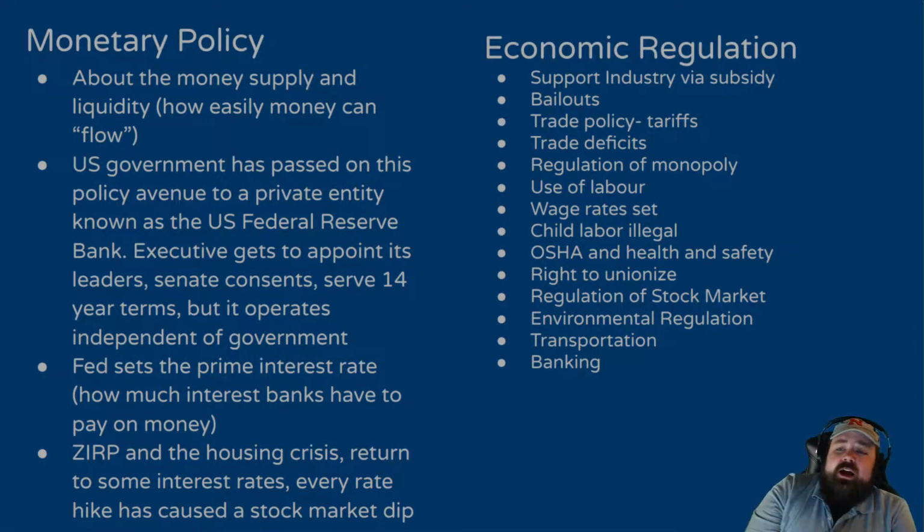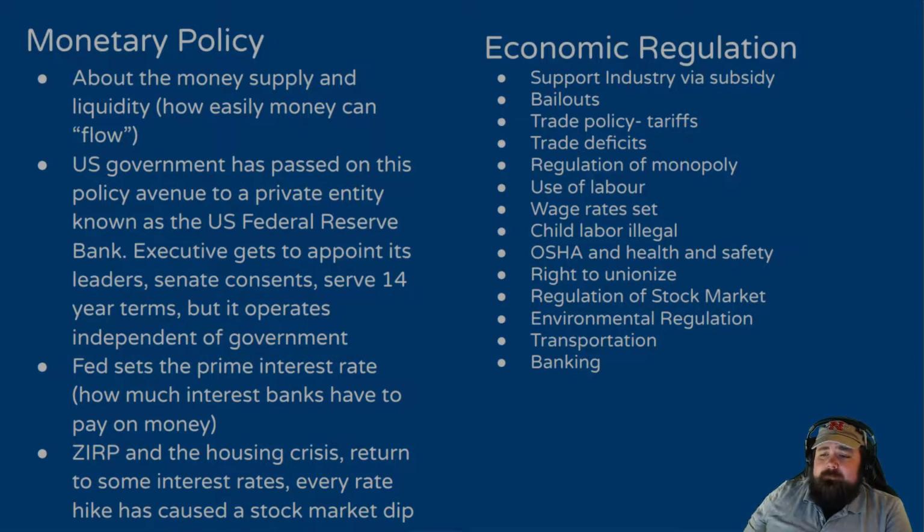Now, what the Federal Reserve does is it sets what's known as the prime interest rate, or how much the banks out there have to pay in order to borrow money from the Federal Reserve. It's the Federal Reserve that actually prints our money, so the Federal Reserve gets to set how much everyone else can borrow it for. Over the course of the last decade or so, in response to the housing crisis, interest rates have been slashed to essentially zero. The zero interest rate policy, or ZIRP, as you see over there,